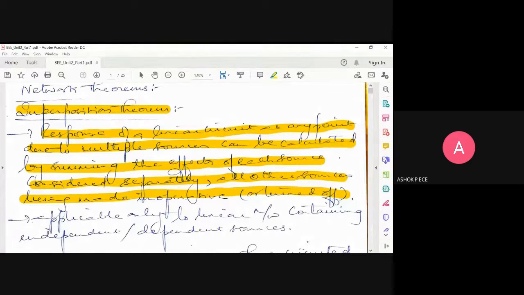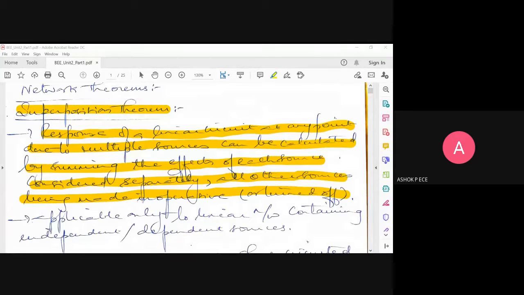So in a circuit, if you have more number of sources, and they ask to find the current through a particular resistor in that circuit, instead of considering the circuit as it is with more number of sources, what we will do is consider one source at a time and find the current. So consider source one, find current I1. Consider source two, find current I2. So S1, S2, S3, S4, S5, you find I1, I2, I3, I4, I5. When all the sources are there, the total current will be equal to I. When I consider them individually, the currents are I1, I2, I3, I4, I5. So therefore, I can say I is equal to I1 plus I2 plus I3 plus I4 plus I5.